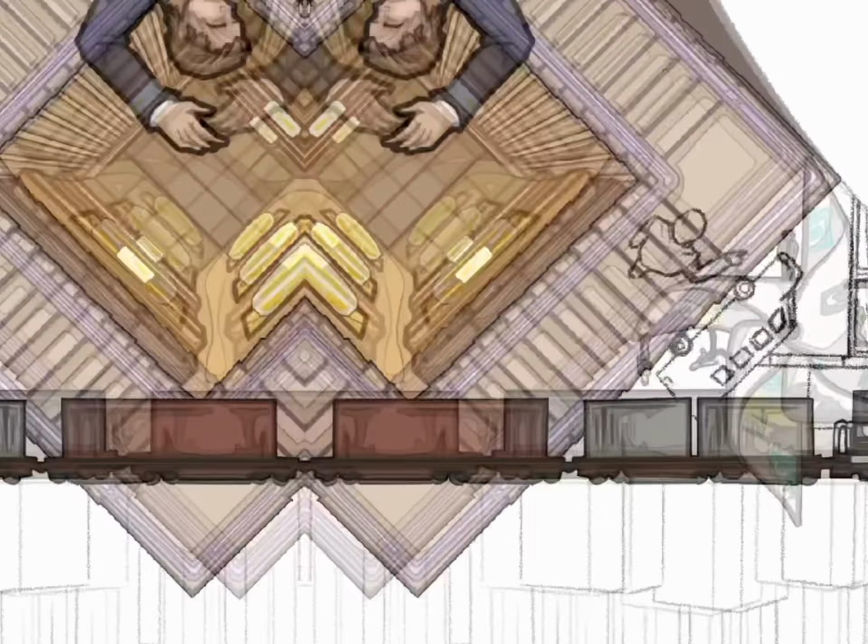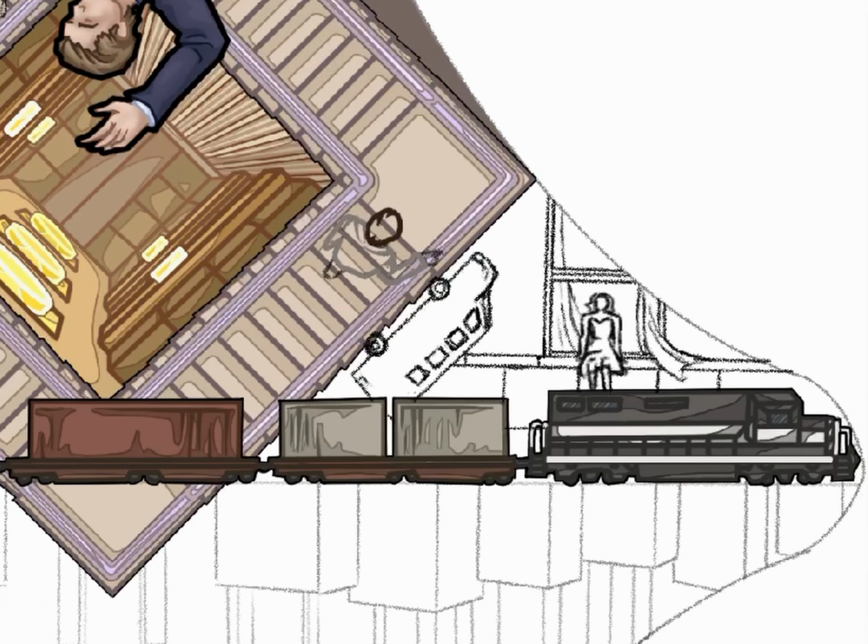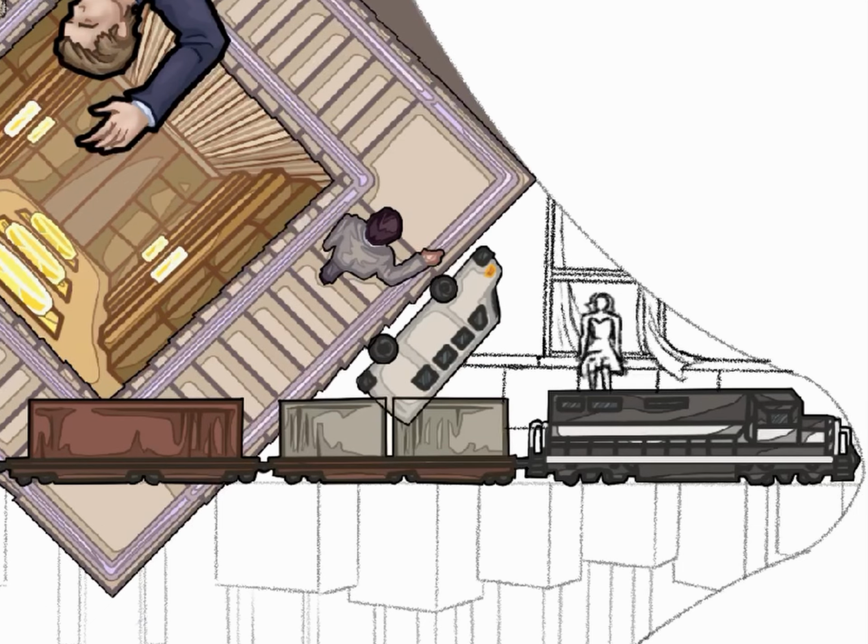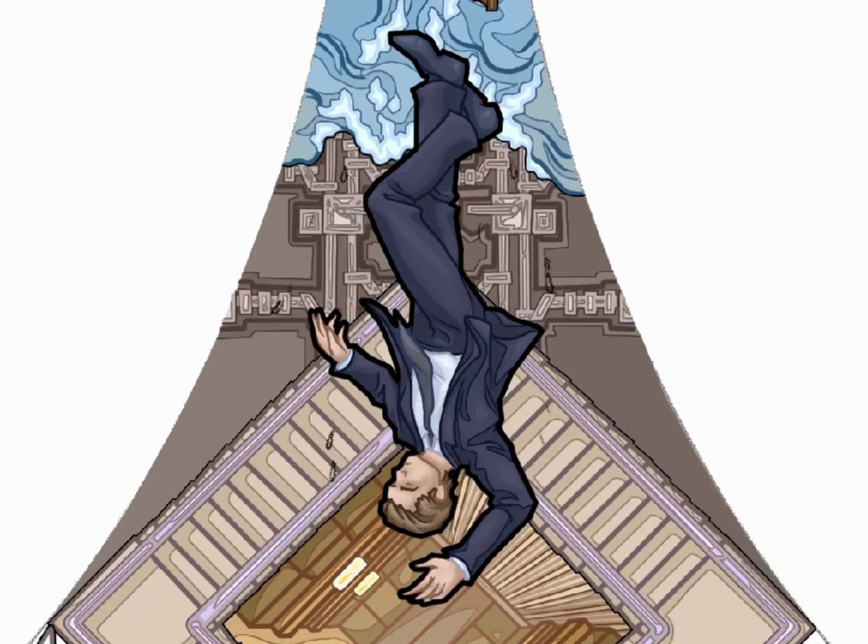On to our stairman. Is it Arthur? Maybe, I don't know. Drawing some more lines on Cobb.